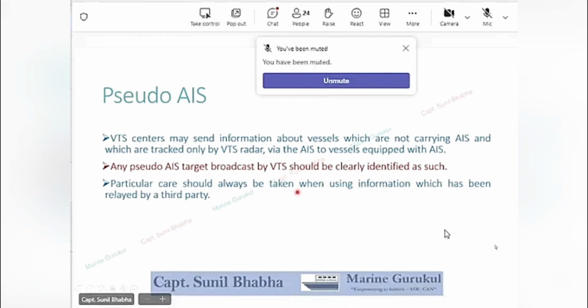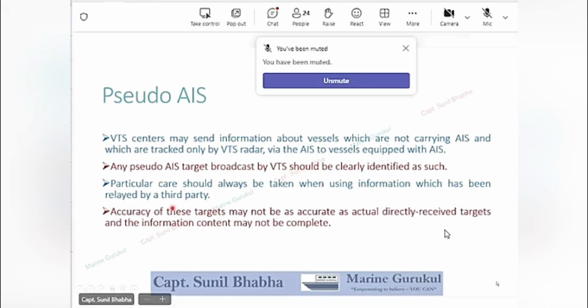Particular care should always be taken when using information which has been relayed by a third party, because there is a scope of error or erroneous information creeping in. The accuracy of these targets may not be as accurate as the actual directly received targets by the AIS system, and the information content may also not be complete.